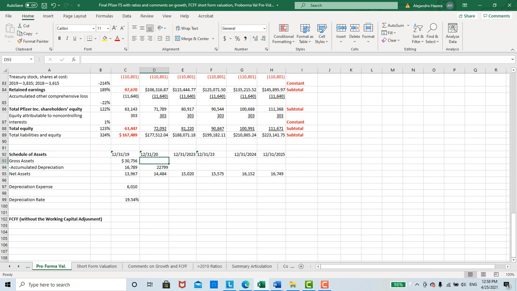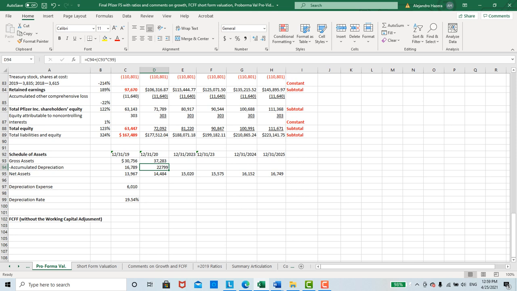Then, in order to get your new gross assets, you just take your net assets and add to that your new accumulated depreciation. That gives you your new gross assets. Just to review accumulated depreciation: this is your beginning accumulated depreciation plus your gross assets times your depreciation rate. And then your gross assets are just the sum of your net assets and your accumulated depreciation. And then after that,